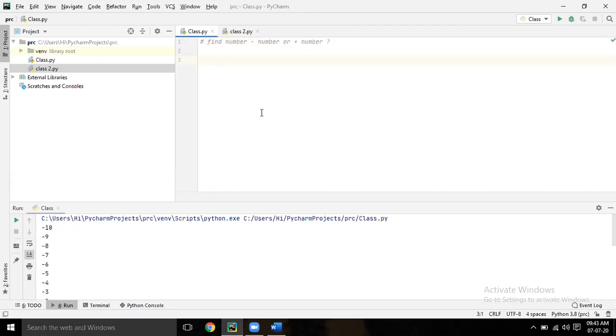So write the full words positive or negative, not minus or plus. Find number positive or negative.